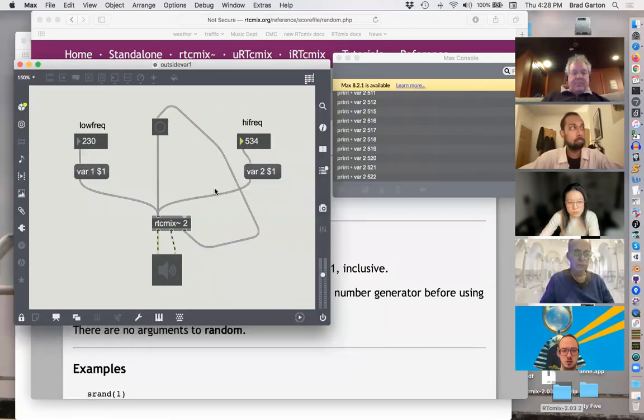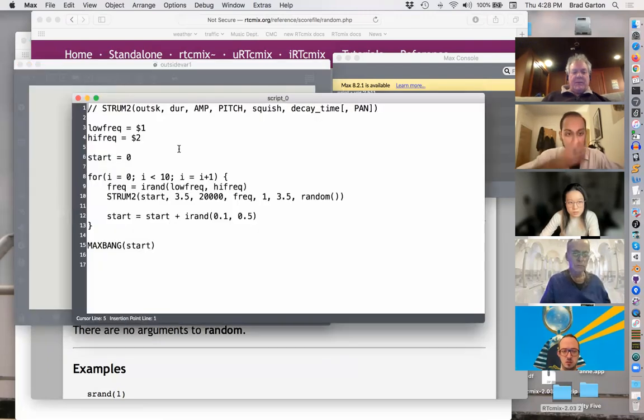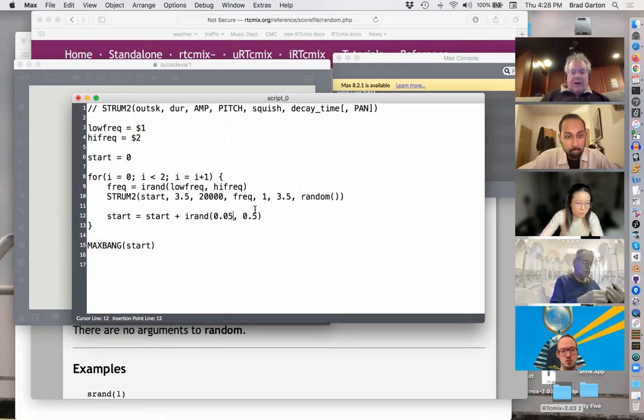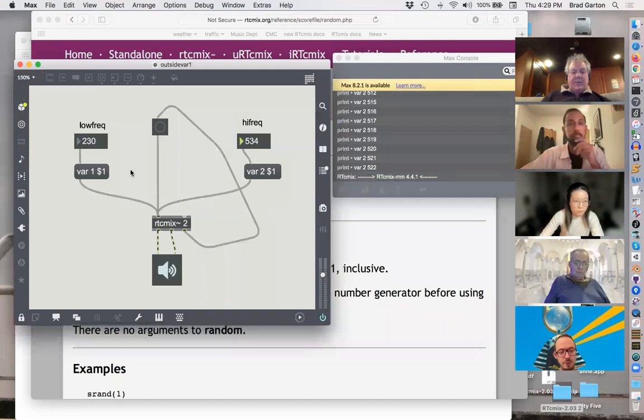So now, let's go ahead and start this up. I'm going to make it go a little bit faster. I'm going to generate only 2 notes each time. And let's make this be IRAN between 0.05 and 0.15. So that means that it's going to be generating notes every 500ths to 1500ths of a second, or 0.05 of a second to 0.15 of a second. So these are going to be pretty fast notes, okay? And now, turn this up. Let me set my low frequency to something, set my high frequency to something, and I get this. And now,